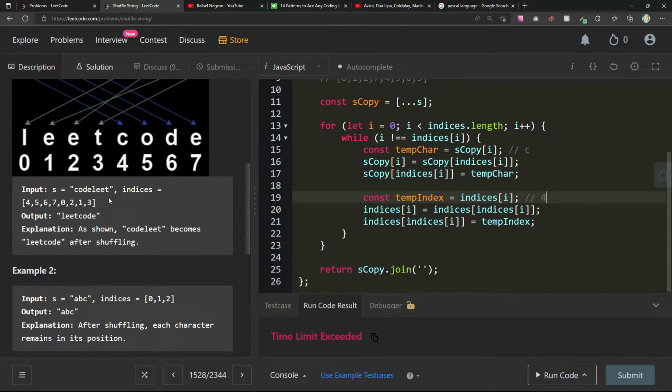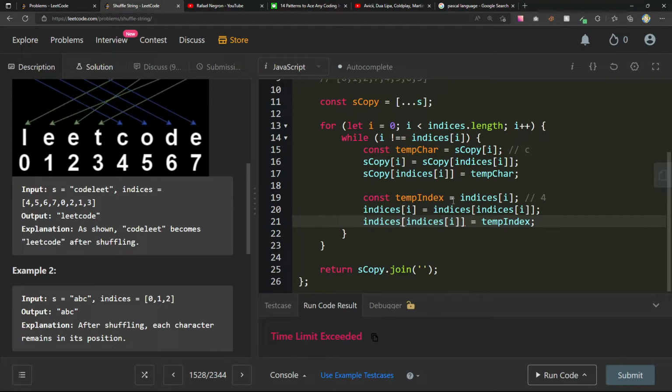That's just the thing that I want to put it in. Indices at 0 is equal to indices at indices, right? So this becomes a 0. But we lose that information because I'm overwriting this before I ever